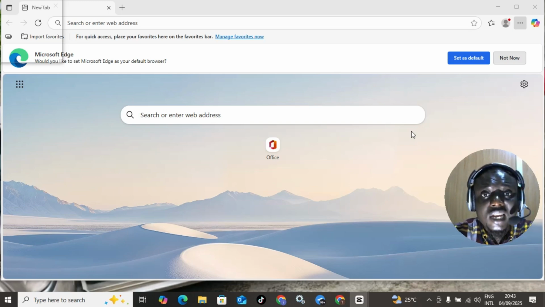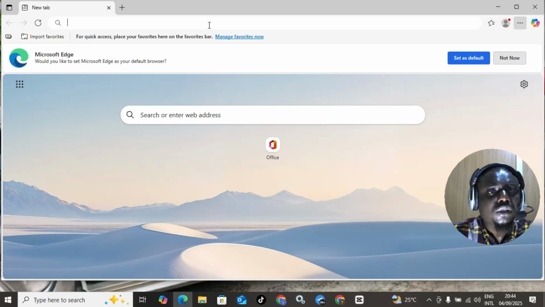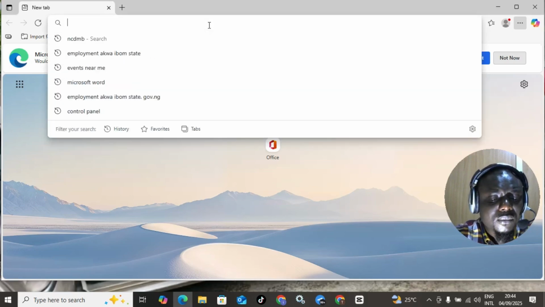Like I said earlier, if you have a client that you want to build a website for, you don't need to use the free one. The free one is just basically meant for tutorial purposes so that we can be on the same page. So without wasting much time, just head onto your browser and type there